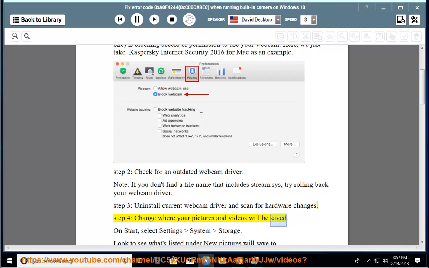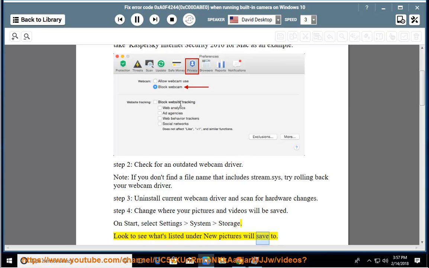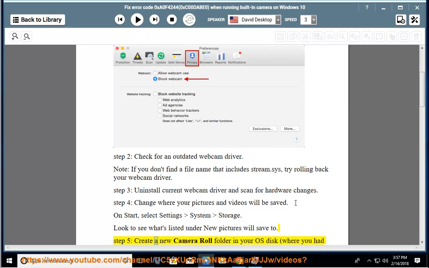where pictures and videos will be saved. On start, select Setting, System, Storage. Look to see what's listed under New pictures will save to. Step 5,